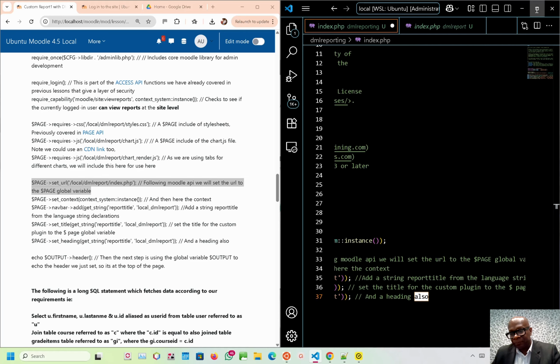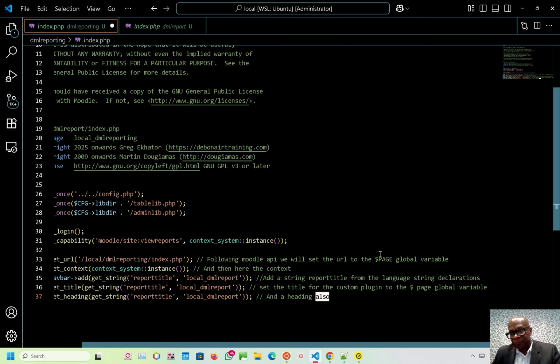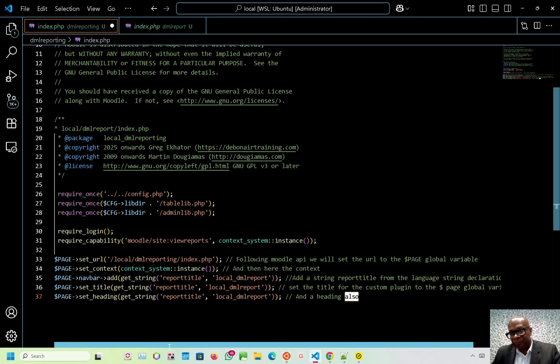Let's make that wider so we can see it. So set that page global variable, and we set the context system here, and then here the context. Then the nav add get string. This is where the navigation API comes in. Add a string report title from the